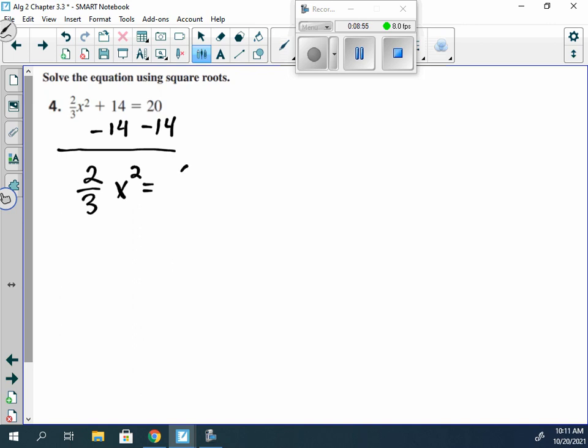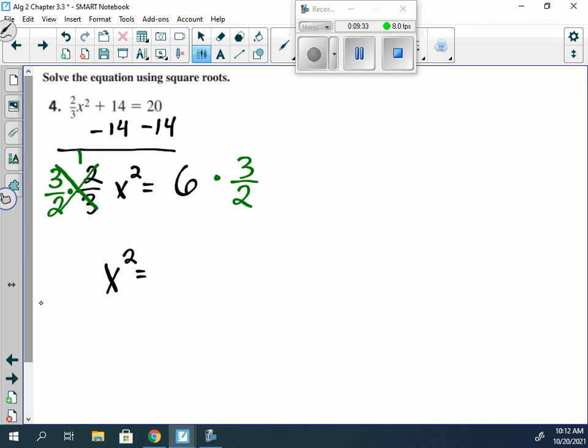20 minus 14 is? What can we do next? 3 over 2 multiplied. We need to multiply both sides or divide by the 2/3 because we do need the x squared by itself first. So if we multiply, we'd be multiplying by 3 over 2, its reciprocal, because these here will simplify to 1, leaving us with just x squared is equal to